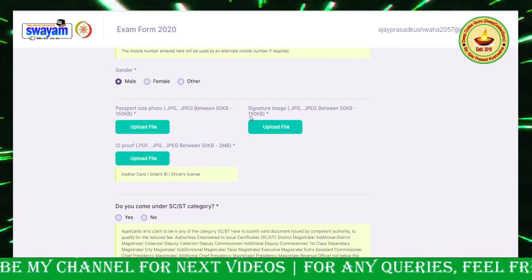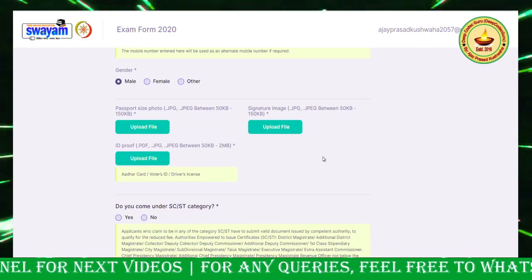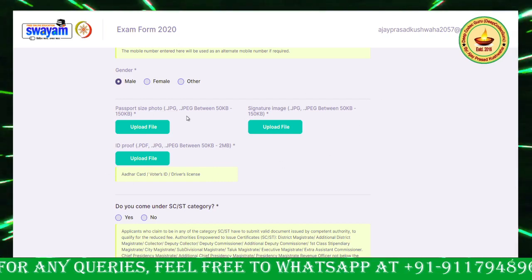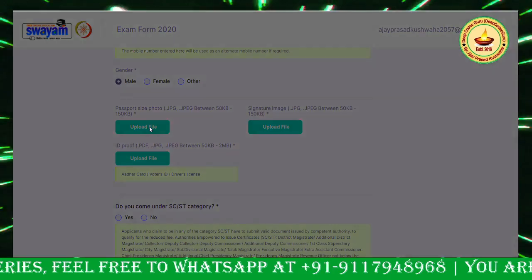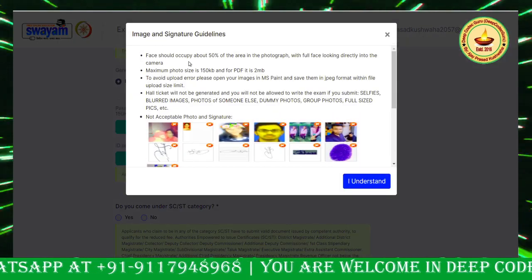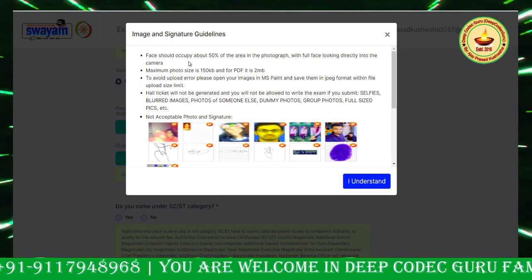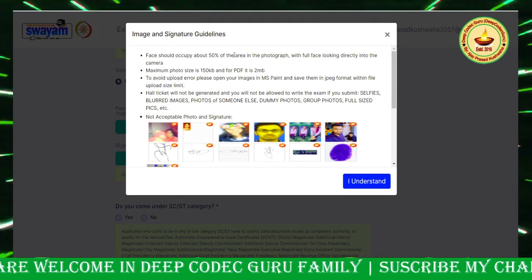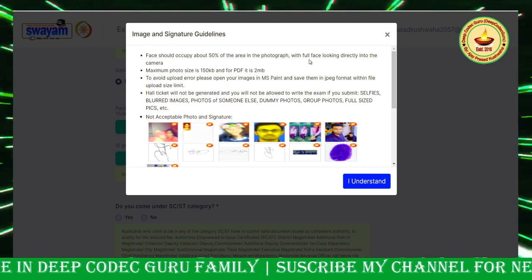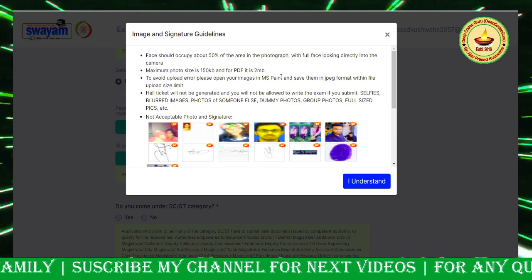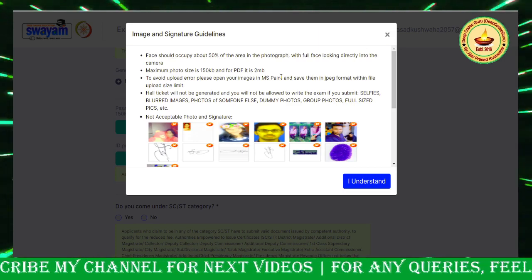And coming to this requirement, I have already added it, you must have it in your first ad, and you have to fill it. Okay, so I am going to upload my passport size photo, and while you are uploading the photo, you have to meet this requirement. Okay, so the face should occupy 50% of the area in your photograph, with the full face looking directly into the camera. Okay, so your photo must be very clear.